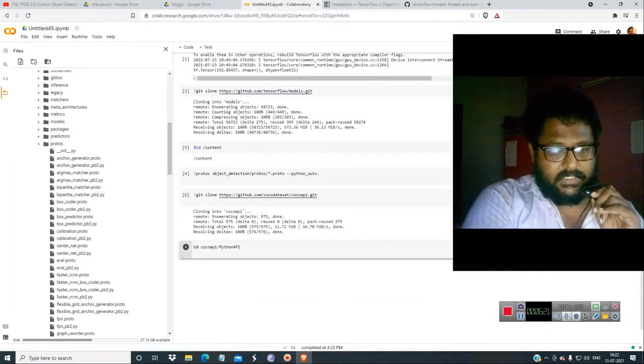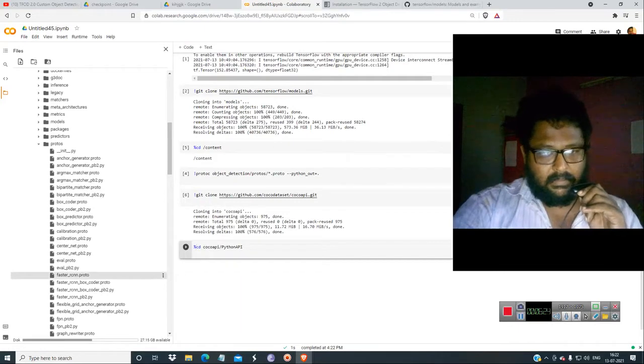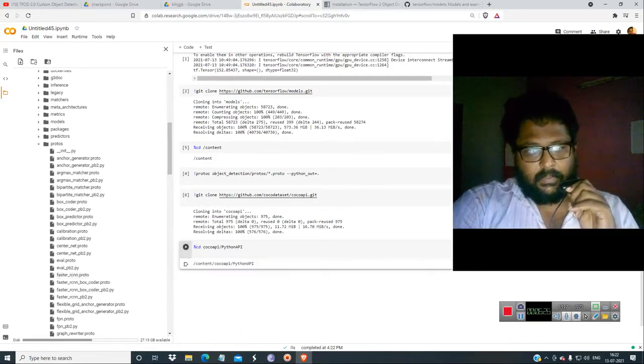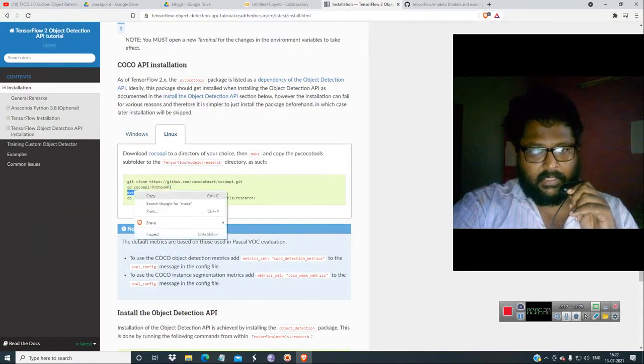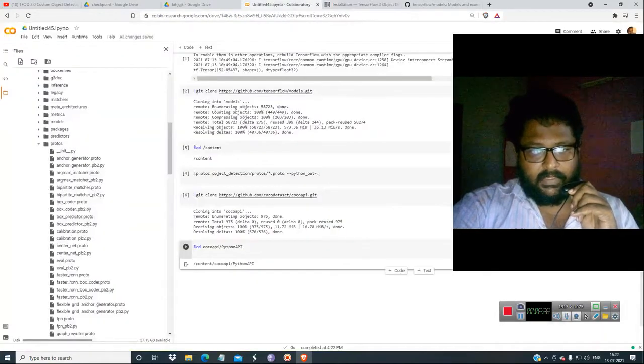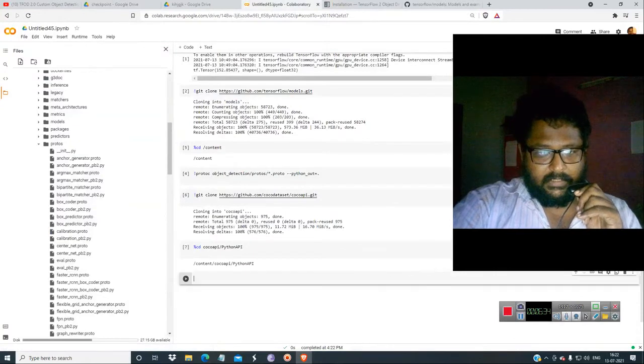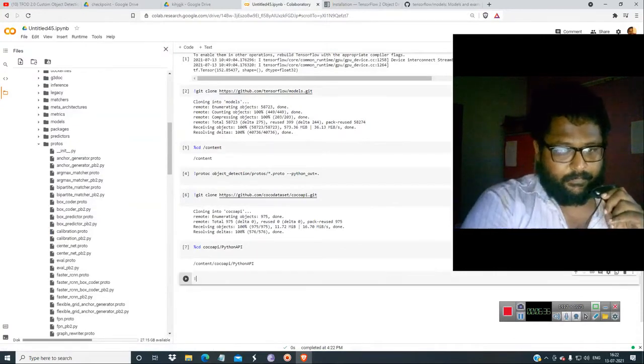Just type percentage cd because it's a bash command. Then next would be make. Copy over here and just paste make.